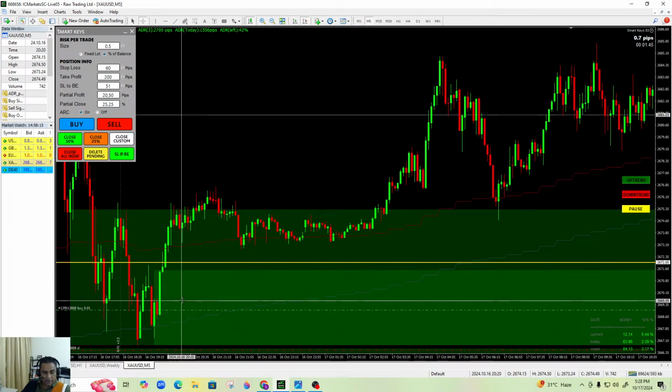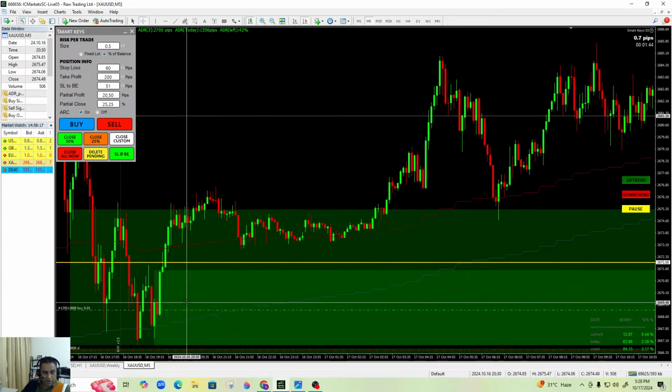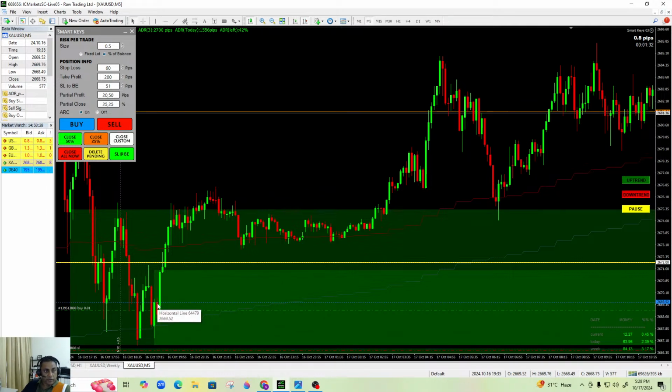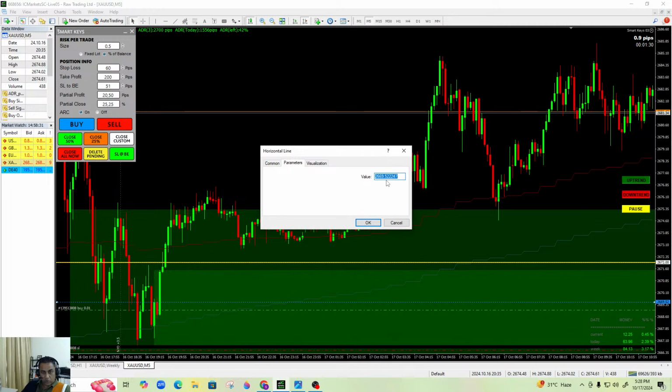And now we have a demand zone right here. Perfect demand zone right here. So I'm going to mark that demand zone here. The open of that is 952 to